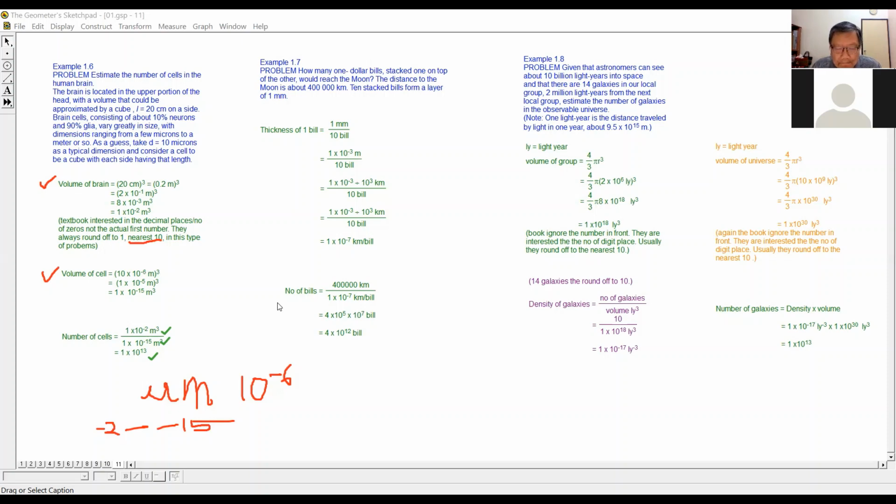Yes, can follow. Right. So we are going to look